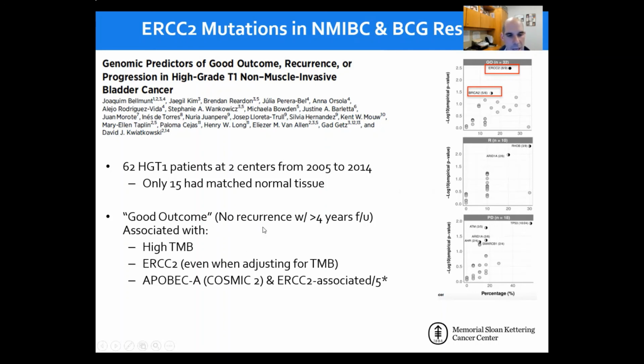If you look at the patients who had a good outcome, which they defined as no recurrences with greater than 4 years of follow-up, they found that a good outcome was associated with higher tumor mutational burden, ERCC2 missense mutations, even when they adjusted for tumor mutational burden, as well as mutational signatures, both APOBEC as well as ERCC2, which are associated with higher tumor mutational burden. ERCC2 associated mutational signatures, not surprisingly, are also associated with ERCC2 missense mutations. And so again, all sort of suggesting that DNA damage repair genes may be associated with a favorable response to